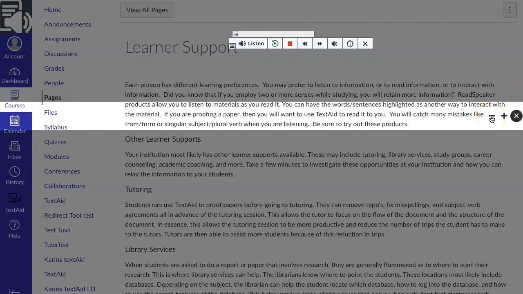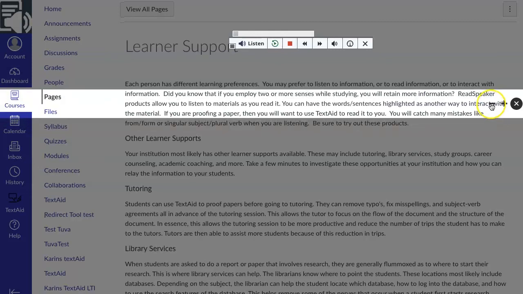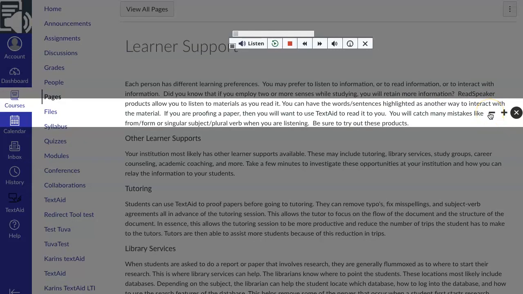You can use it for staying focused, so your ADD, ADHD, some cognitive learning disabilities, distracted reading, heavy detail. You can use it for all of those, but you can also use it to stay online, because when you are reading from left to right and you're on a large screen, a lot of times your eye movements will cause you to get offline, and then you don't understand what you're reading because it doesn't make sense. But if you're using the bottom edge, you could use it like a note card or a ruler to stay online. So that really helps a lot of students.